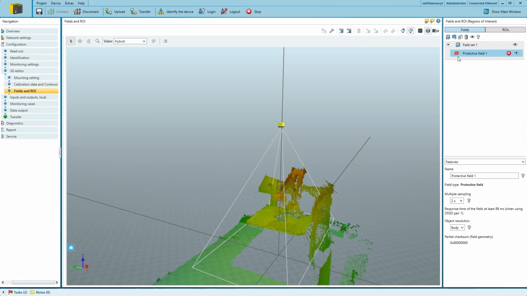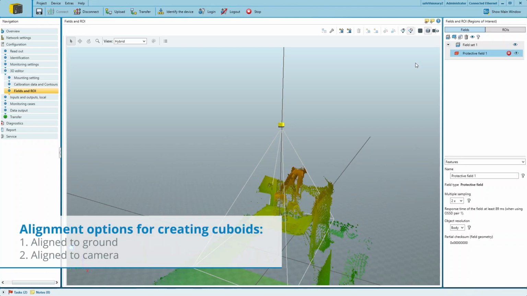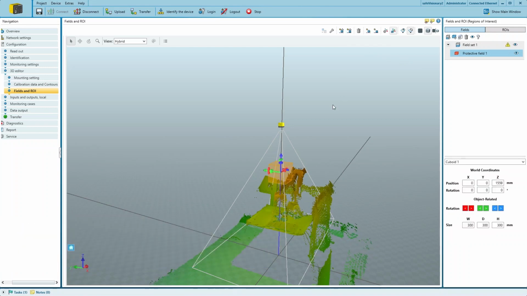Per default, there's already a field set with one protective field, and we just have to add the field shape to the 3D editor. The Safety Designer gives us the option to choose the orientation of the added cuboid, aligned to the ground or in line of the camera. In our case, we select the Align to the Ground option and add a cuboid, which we can now configure